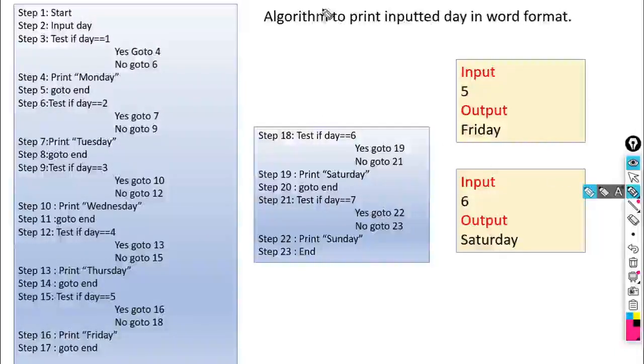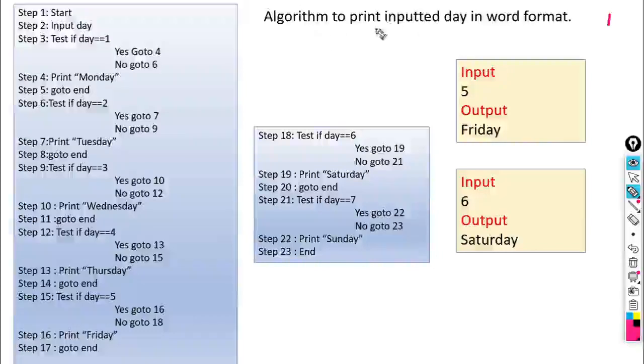So you should input the day in numerical format. If I enter 1, what would be the output of your algorithm? Monday. If you enter 2, then Tuesday, then 3, Wednesday, like this up to Sunday.